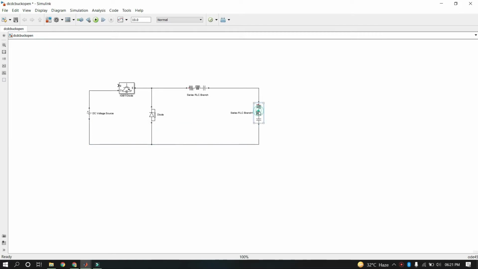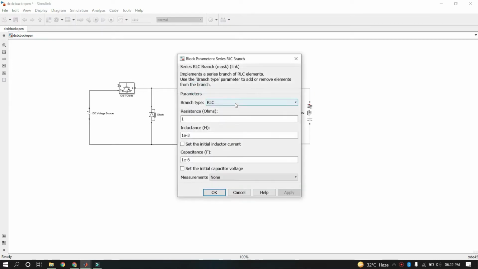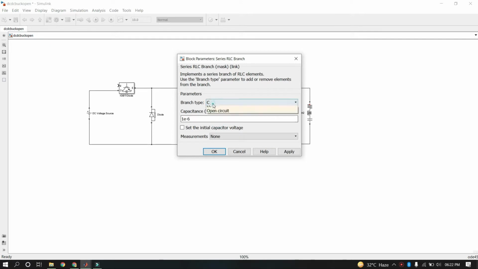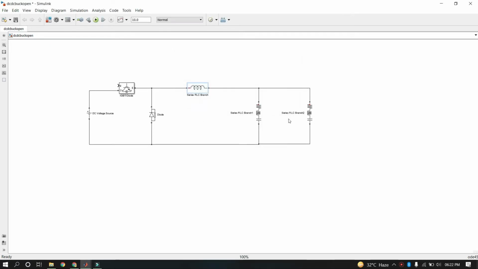Now we need the load, so again I will click on the RLC branch, copy it, and paste it. Okay, so again I will connect my load, something like this, and again I will convert this series RLC branch into the L, and the value of the L is 0.01, so I will keep that value.